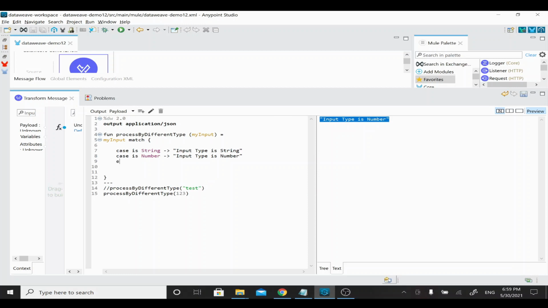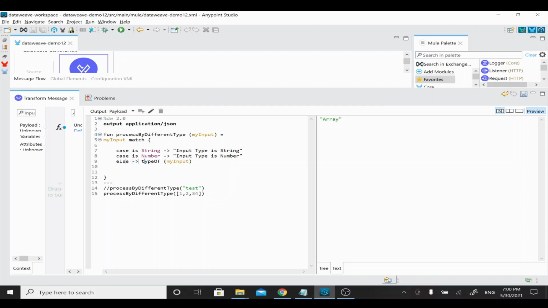For example, I wanted to handle the else condition. In the else I wanted to identify the type. If you wanted to identify the type, there is an existing function, typeof, that we can use. So I'll say typeof and pass my input. Now this is matching 1 2 3, number is already there, and if I wanted to pass some other type, for this sample I'll give some array, 1, 2, 34. This array has 3 elements, I just pass that. So if you see here, the type of my input is coming.